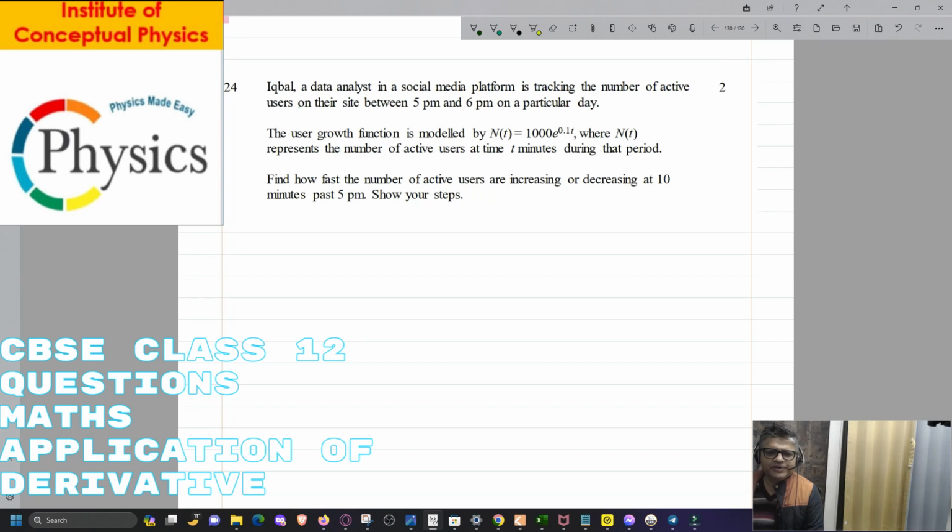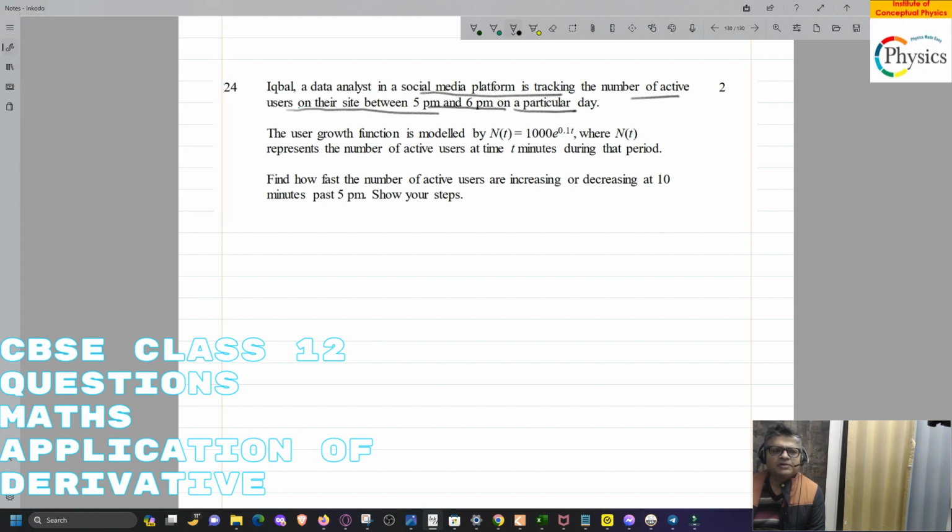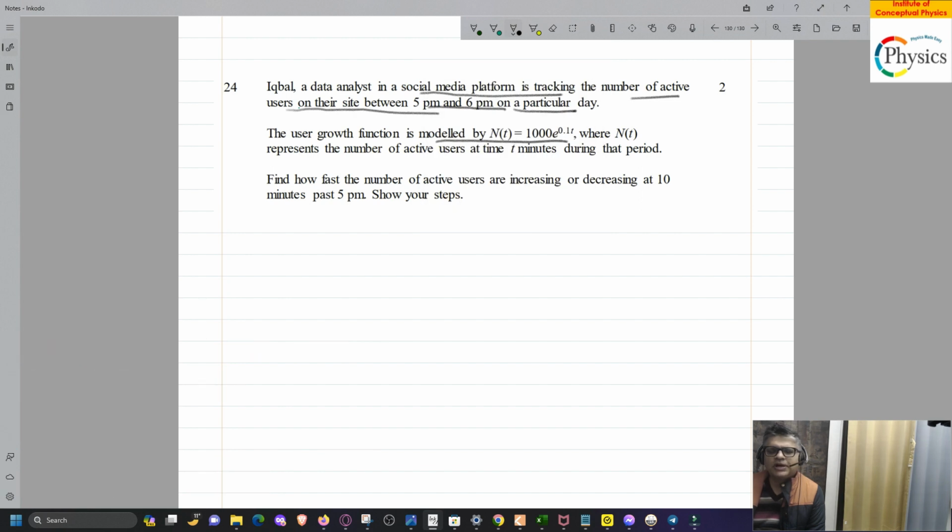And let's read this problem first. Okay, Iqbal, a data analyst in a social media platform, is tracking the number of active users on their site. So somebody is tracking the number of users on their website between 5 to 6 p.m. on a particular day, okay? Because every day is not going to be similar. The user growth is modeled by N(t) is equal to 1000 e raised to power 0.1t,